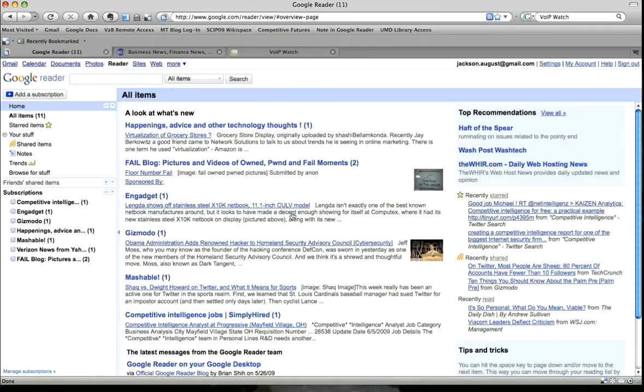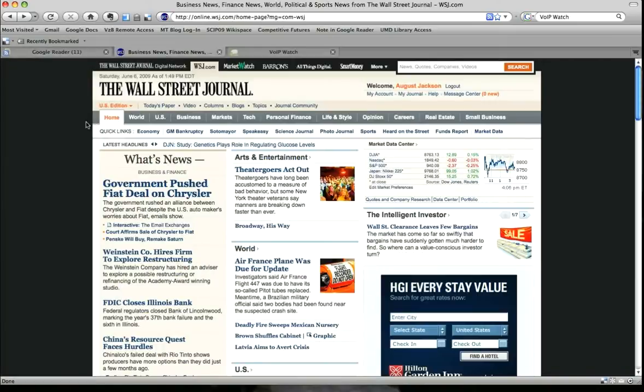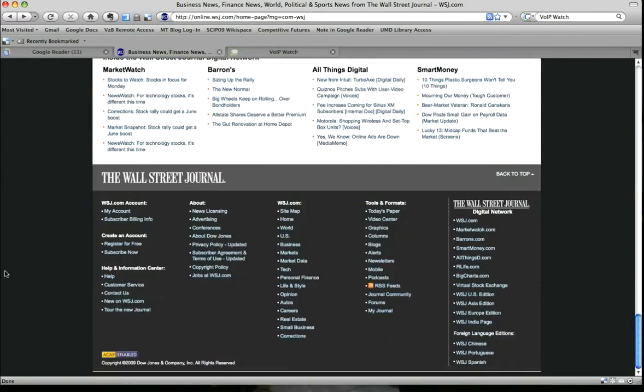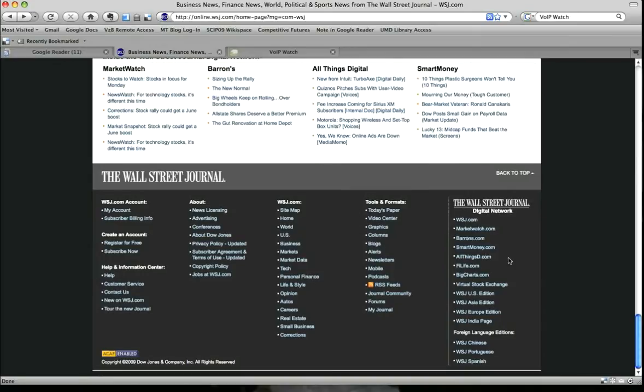What I'm going to do is go to a publication that I use all the time and show you how easy it is to add RSS feeds from that publication. I've already got the Wall Street Journal up and running. Most publications will have the RSS feeds directory either somewhere here in the top, or on the right-hand side, if they keep their contents there, or the left-hand column, and very often at the bottom. And if we look to the bottom of the wallstreetjournal.com page, we see that well-recognized orange icon that tells us we are on our way to seeing RSS feeds. So when I click on that link,